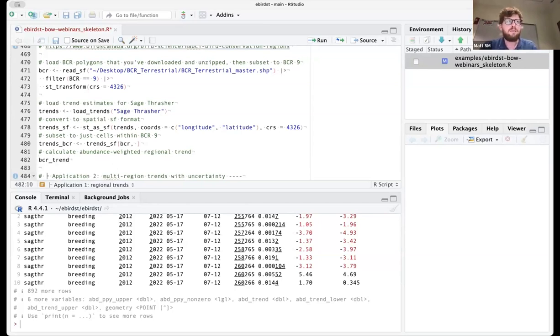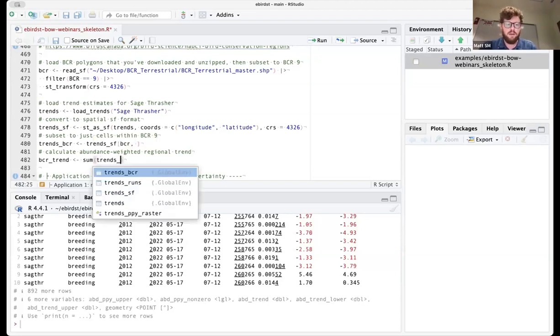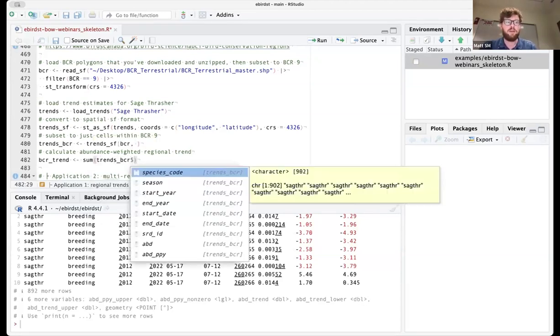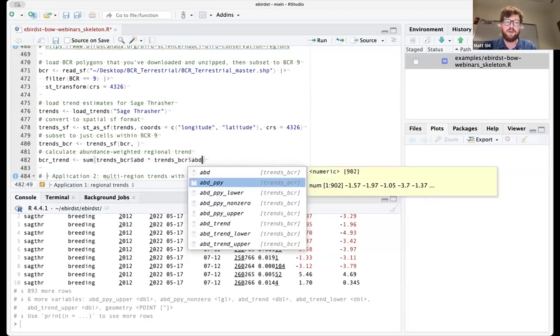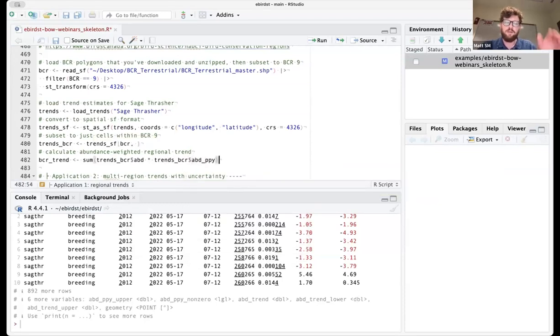So BCR trend is just a standard weighted average, where I take the abundance at each cell and multiply it by the percent per year trend. That's the numerator.